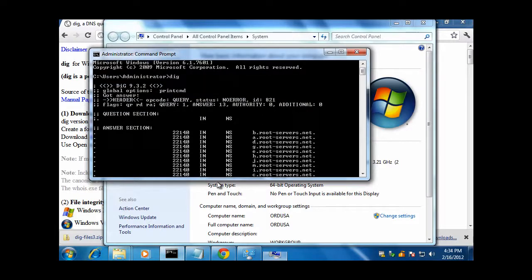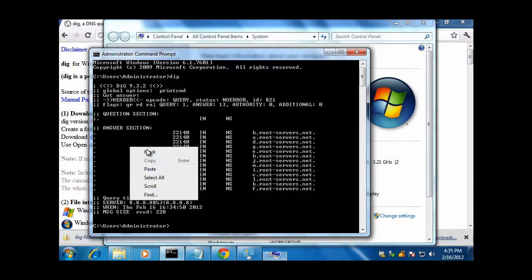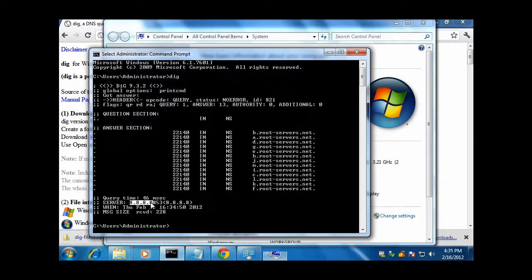Okay, so if you run dig with no parameters, what it does is it queries the root name servers and lists those name servers, and the server that's being queried is right here. It's 8.8.8.8, which is my local resolver. It's the Google public DNS. But the real power of dig is when you start adding switches and command line options to it. So if we do something like dig mx gmail.com and then put a +trace on it,